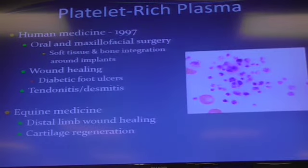tendon. The most common things we're using nowadays, and there's a few others I'm not going to make you listen to, but what we're using nowadays is either platelet-rich plasma or stem cells. Okay. So platelet-rich plasma we'll talk about as PRP. This has been around